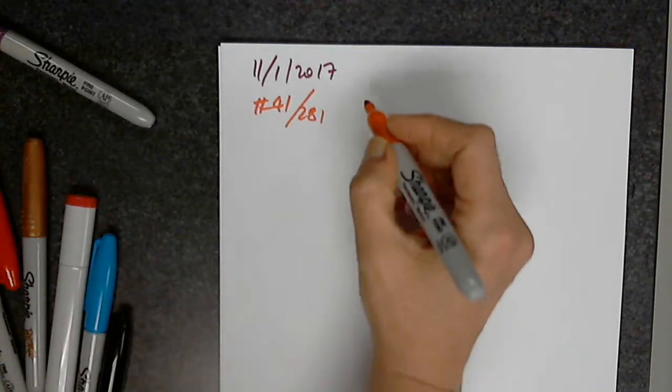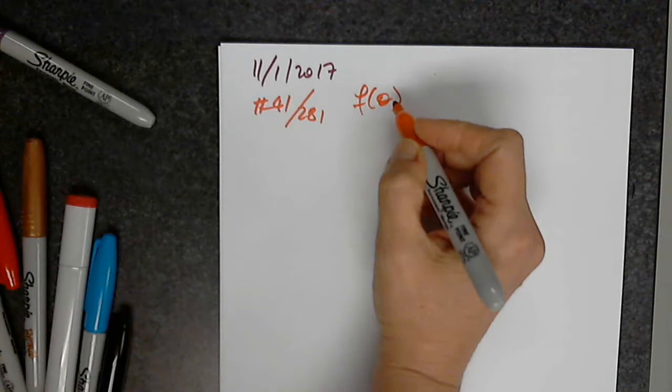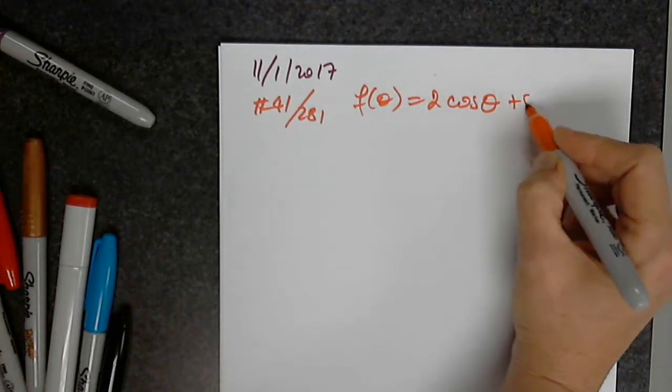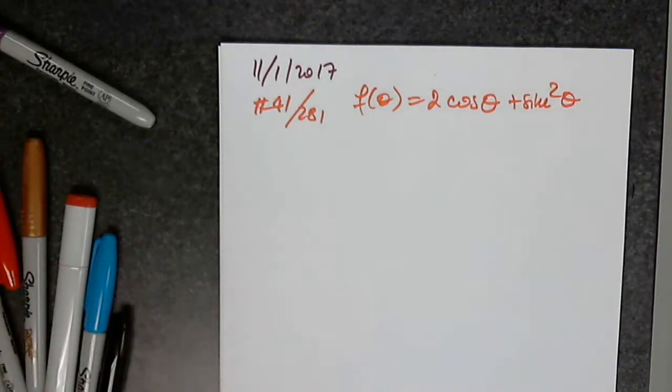41, I see it. F of theta equals 2 cosine theta plus sine squared theta. Good. So instead of this problem that I did not get the chance to look at, we're going to do this one. Is that okay? So there is one problem here